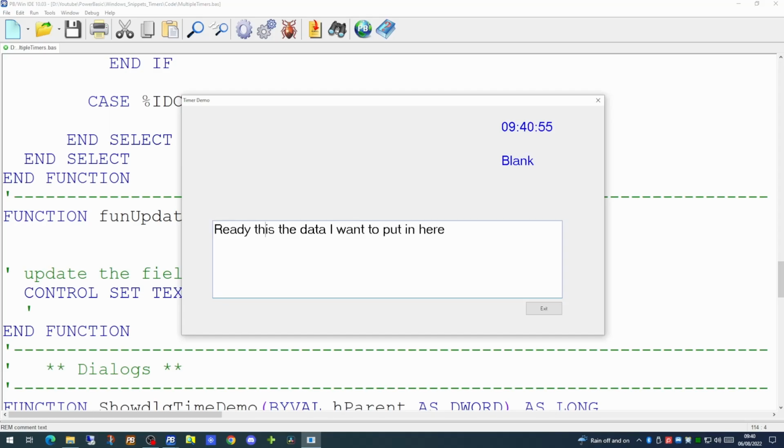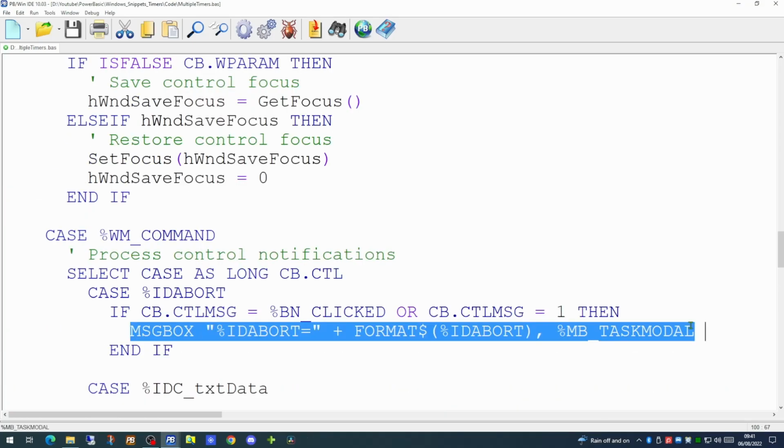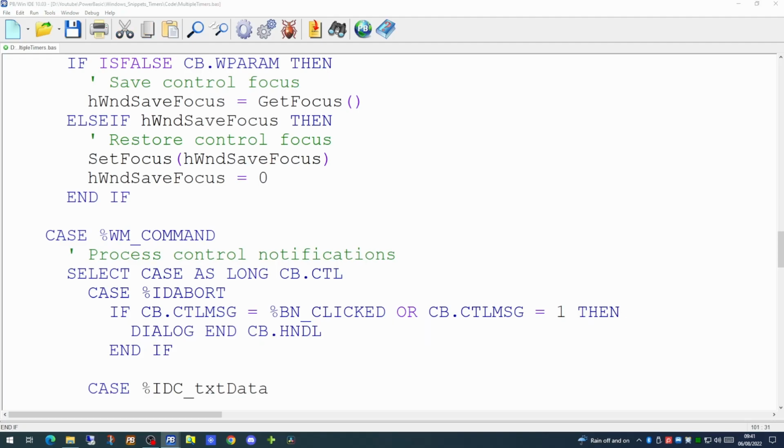So now we've achieved one timer, what else do we need to do to handle the second timer? And once the form loads, is there anything else we need to do as well? So the first thing we will do is to put a dialog end command in on the event when the exit button is actually clicked. Since we've actually created a timer when the dialog is loaded, it's quite logical to kill the timer off at some point during the program or when the dialog ends.